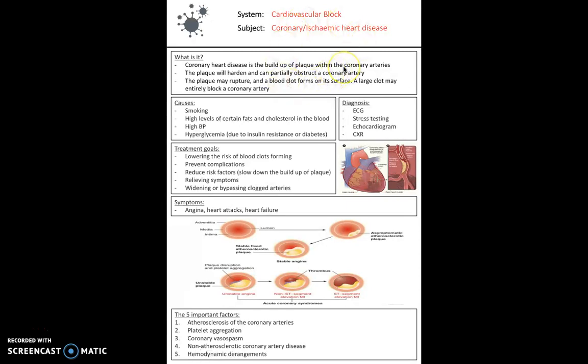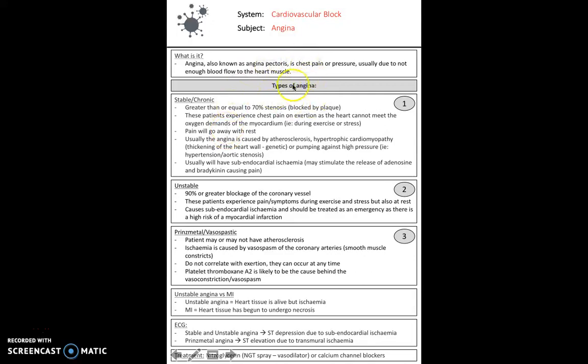As a result, this may block the coronary artery, leading to a myocardial infarction. The causes behind coronary heart disease include smoking, high levels of certain fats and cholesterols, high blood pressure, and hyperglycemia as well. Angina, or angina pectoris, is chest pain or pressure, which is usually due to not enough blood flow